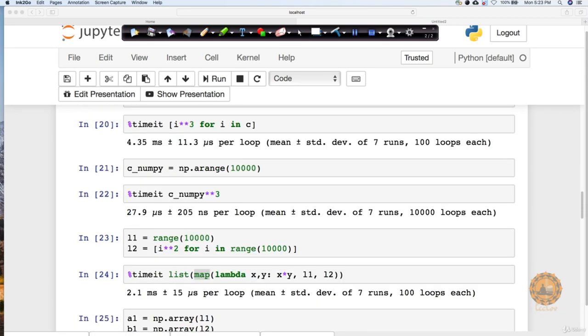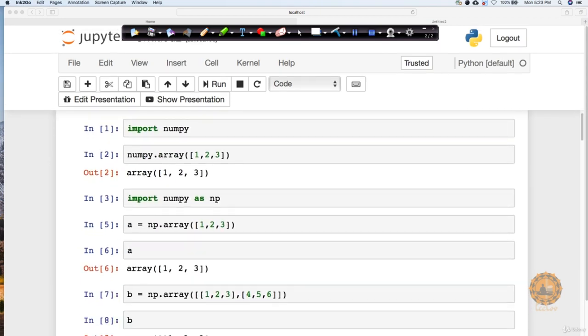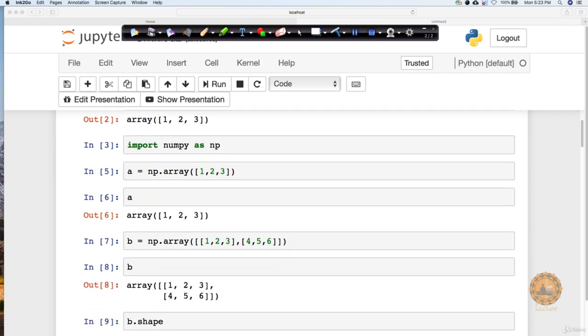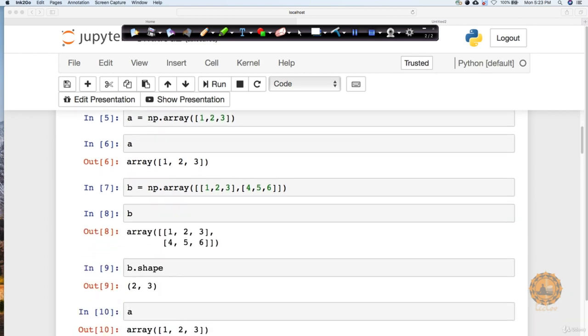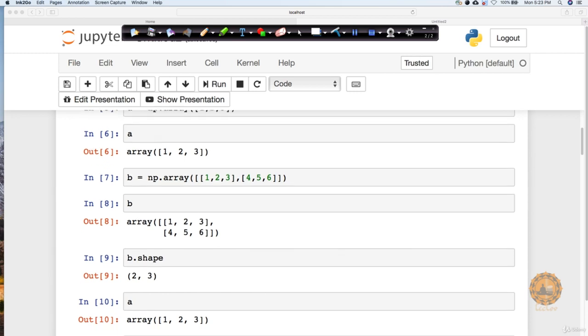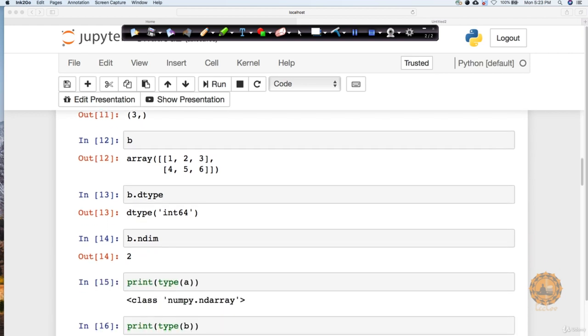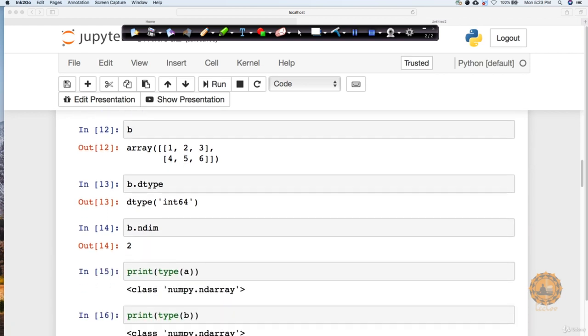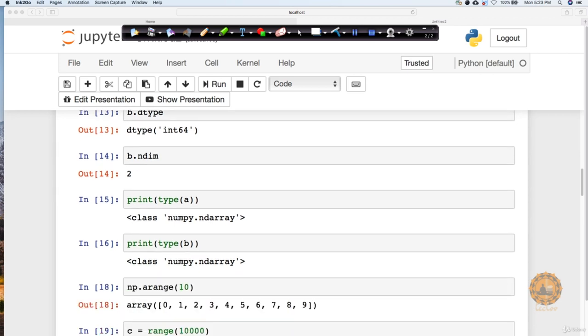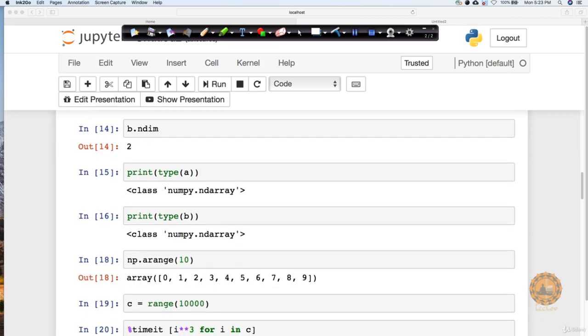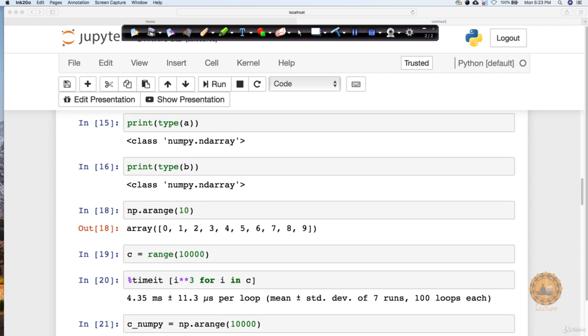Okay, so till now we have seen various functions, right? We started with how to create a NumPy array. Then we saw that we can create a shortcut. Then we saw how you can create a multi-dimension array. Then we saw how you can check the dimension of your NumPy array, and how you can look at the type of elements present inside that NumPy array, followed by how to look at the type of your variable.